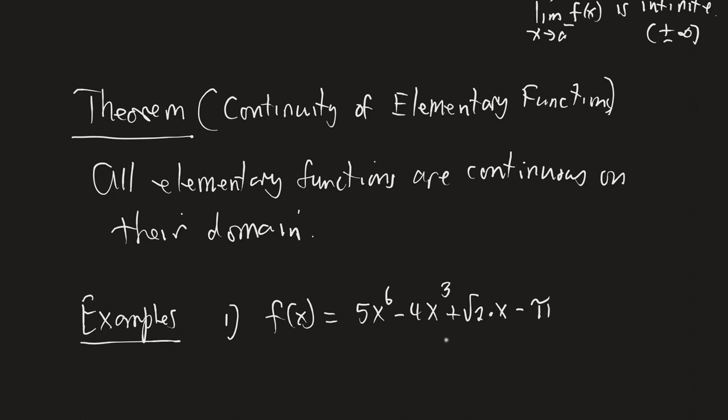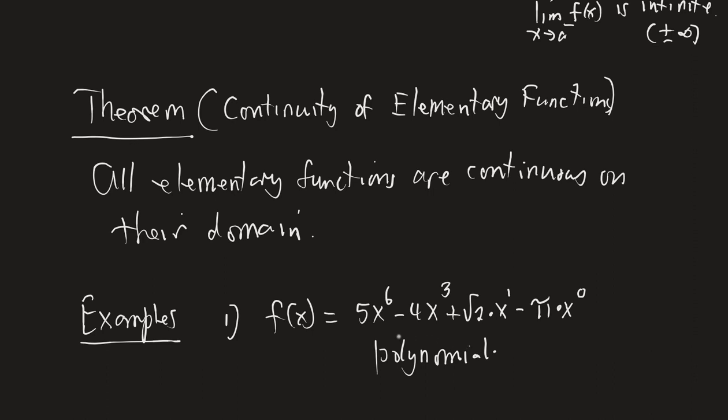So there is my function, and then I have to ask myself, what type of function is this? Well, if I look at my variables, all I see are non-negative powers of x, because this term doesn't have an x, but what I can do is put in an x to the 0 power there, and then look at all these powers of x. So they're all non-negative. So no negative powers, no fractional powers, and the coefficients are all real numbers. Even the square root of 2, that's a real number. Pi is a real number. So this is an example of a polynomial,